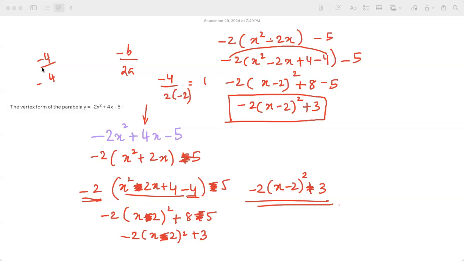Did I copy down the problem correctly? Minus 2x square plus 4x minus 5. Correct. Minus 2x square plus 4x minus 5. Minus 2, I took it out. So that should be a minus there. And then I add a plus 4 and a minus 4 to make it into a square term. So that will be x minus 2 the whole square, which is correct. H is minus 2, correct. But after that,